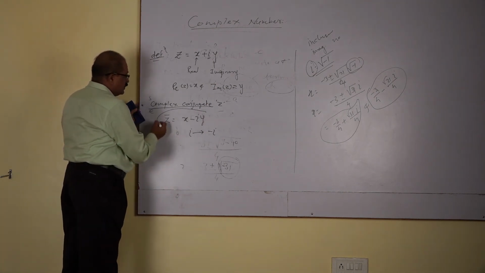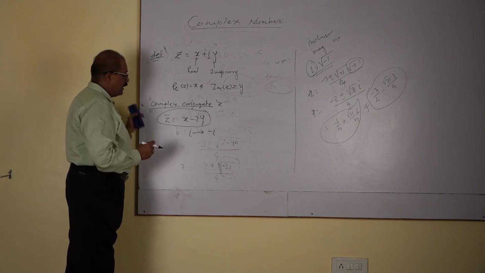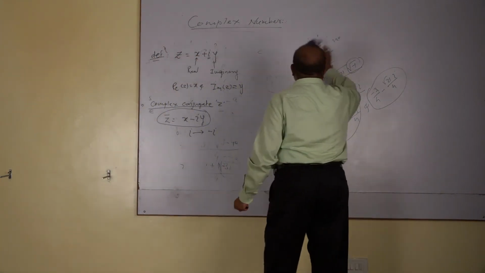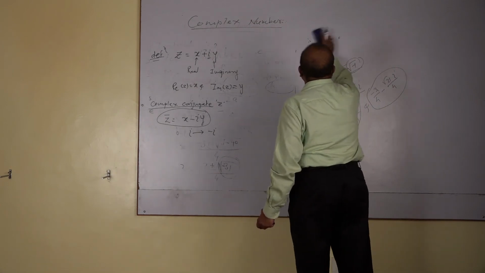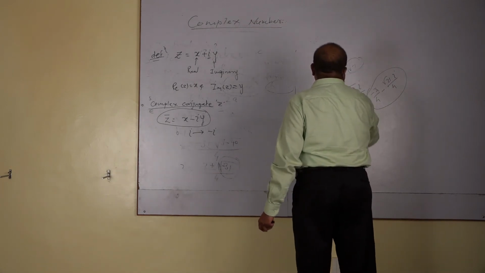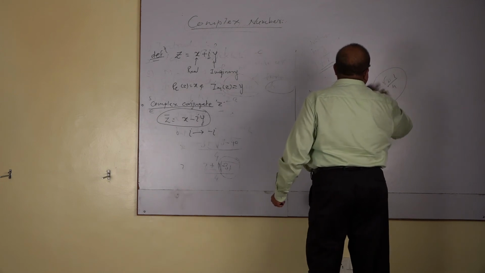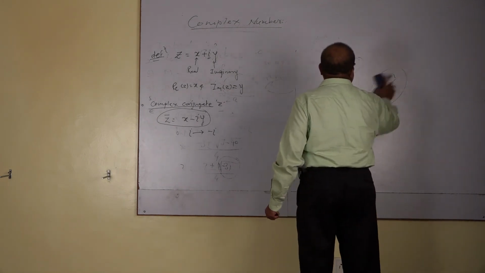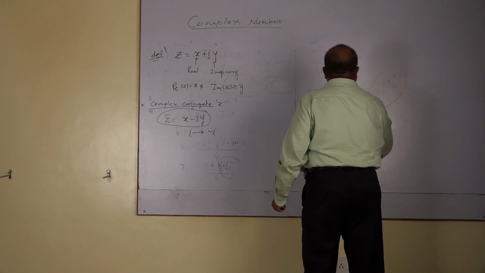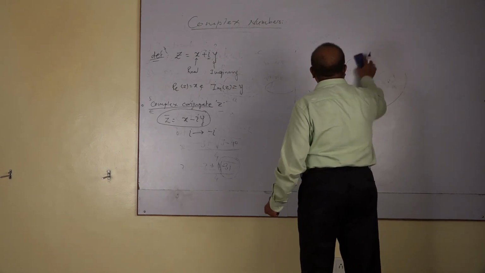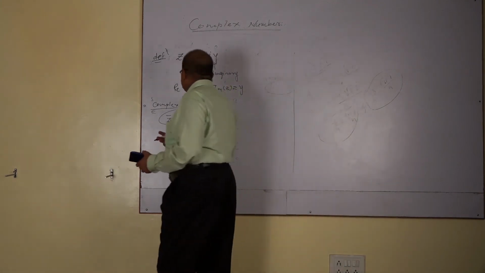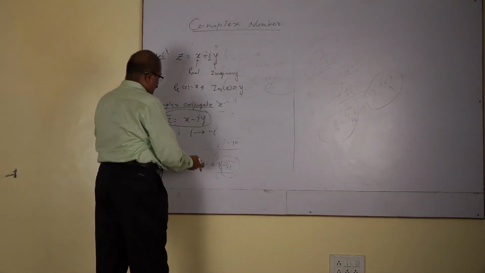With the help of this complex conjugate, the next point about the complex number is important, because the complex number is of great importance. It is useful not only in mathematics, but it is also used in physics and engineering. In physics, we know that these complex numbers are introduced in alternating current theory.